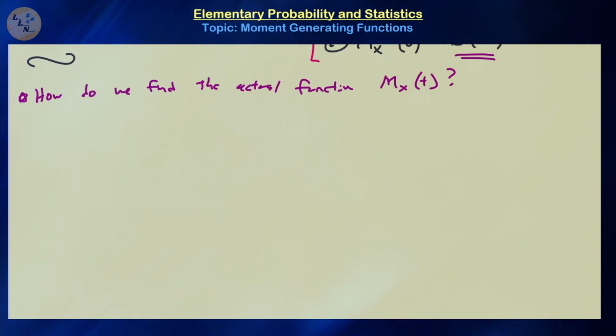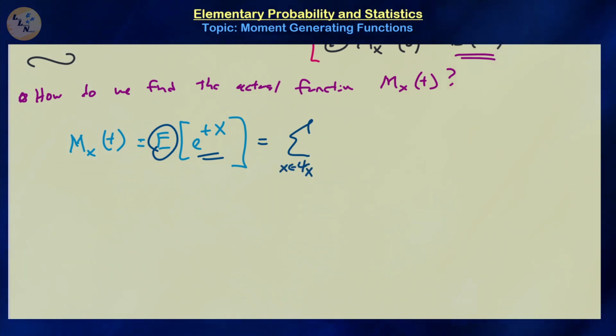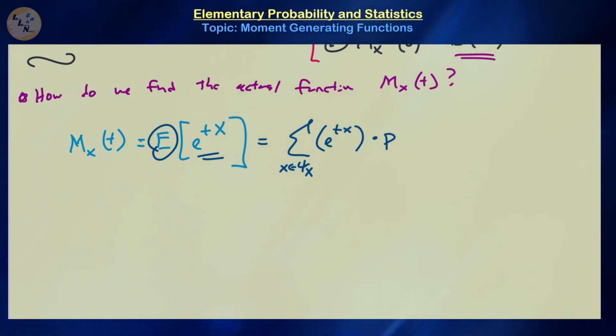So if we just look at M_X of t, by definition, this is just going to be the expected value of this random variable. So if we use the definition of the expected value of a random variable, that's just going to be equal to the sum across all values in the support of that random variable of e to the tx times the probability function p_X(x), if it's discrete,